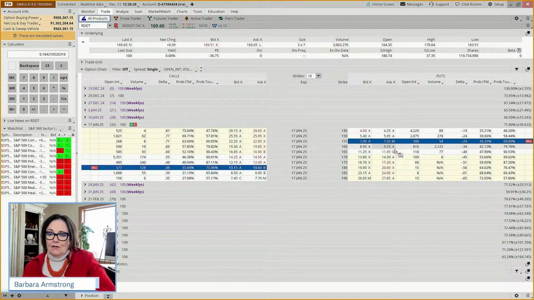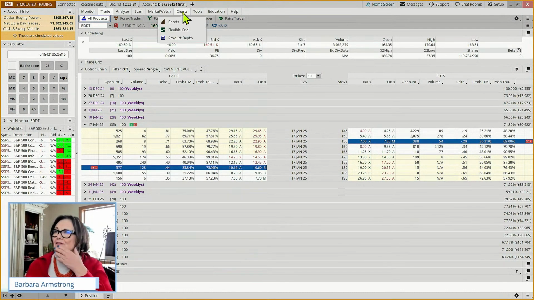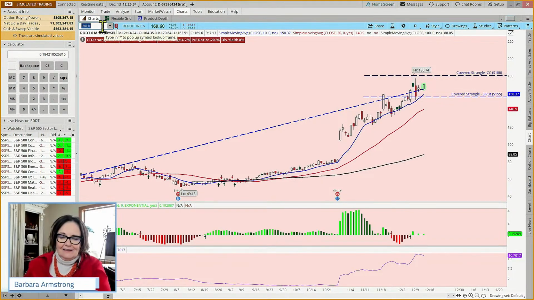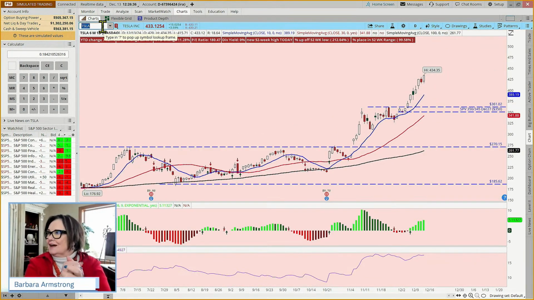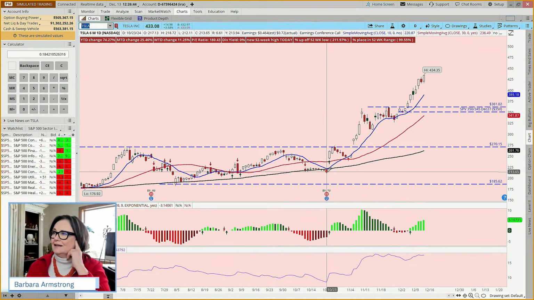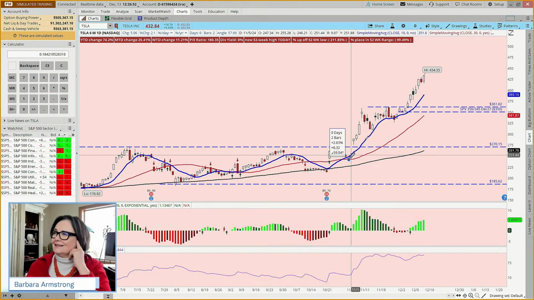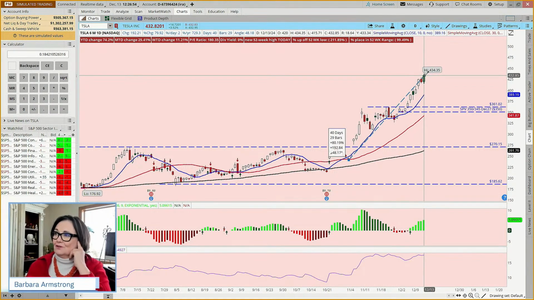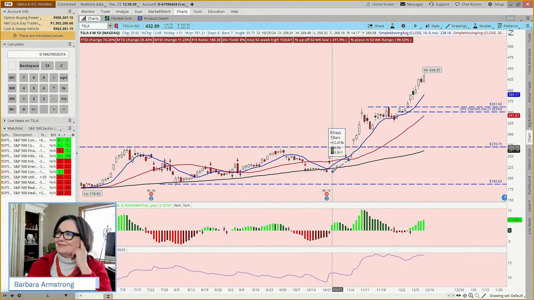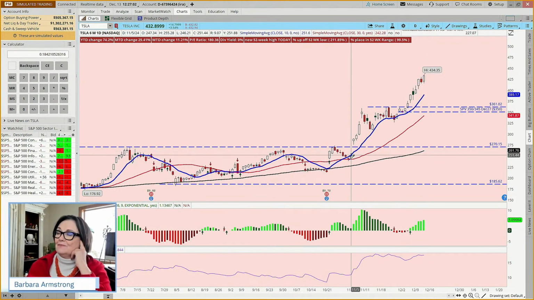Okay, so let's look at another one. How about let's look at Tesla. Tesla seems to be the talk of the town lately. It has gone up like to beat the band since the last earnings, right? And also since the election. So when we look at this, Tesla is a pretty volatile stock also, which is why we're looking at it, up 80% in the last 29 trading days. So you might say, hey, have we missed it?